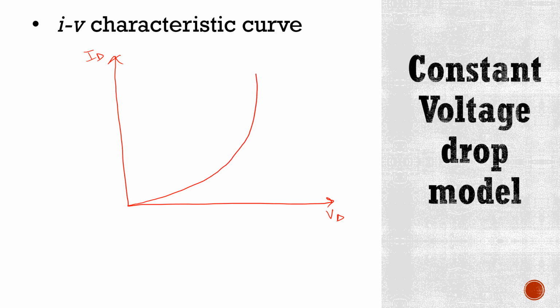Here this curve is representing the exponential diode current equation, which is ID is equal to Is e raised to the power V divided by nVT. Now in the constant voltage drop model, a vertical straight line is used to approximate this exponential curve. So it is drawn something like this, this is line A and